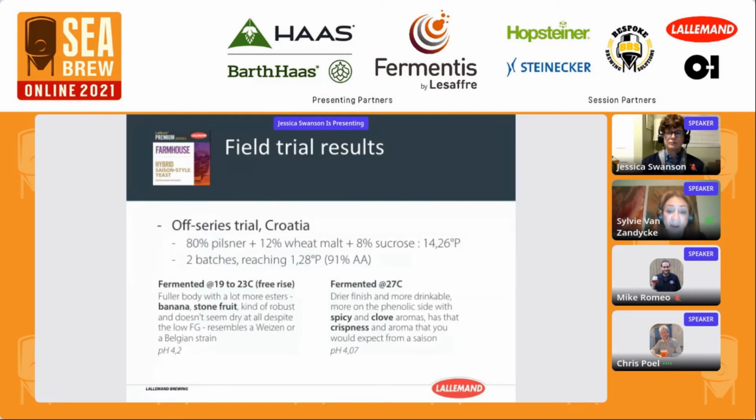And in this final trial was done in Croatia. You can see that there was also some wheat malt used, and that the original gravity was raised by using some glucose in order to reach again a higher attenuation. Then the batch was split into two, and in parallel they did one fermentation at lower temperature and another fermentation at higher temperature, and they came out with the same conclusion that we've seen in the previous slide,